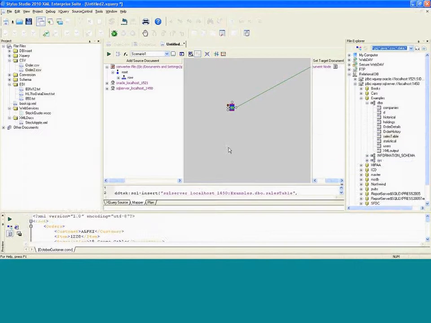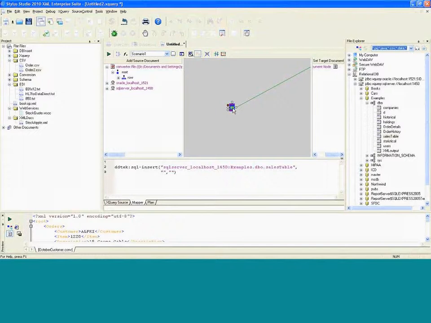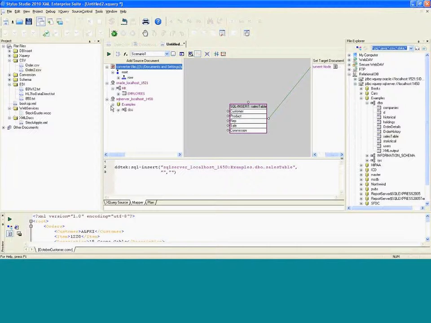Build DataDirect XQuery behind the scenes. By dragging in that square and expanding it through a double click, I'm able to see now an instance of an insert statement to a SQL table called sales table within my examples database. And you'll see now I have a graphical option which is unique to the Stylus Studio 2010, where you can actually link graphically, through linkages, the information from your input files into the expected or desired columns of your output table, and then dump that out in its entirety to SQL Server.